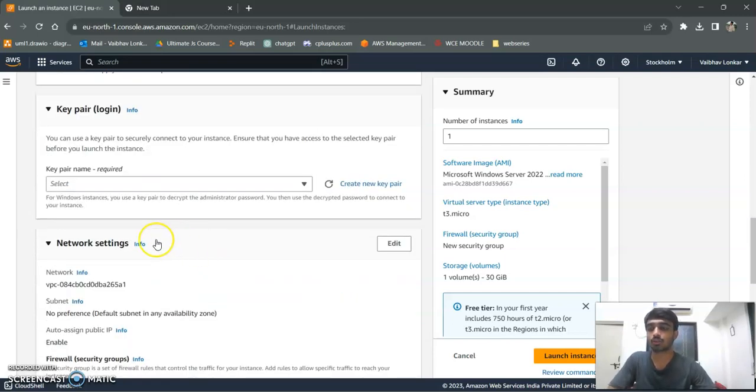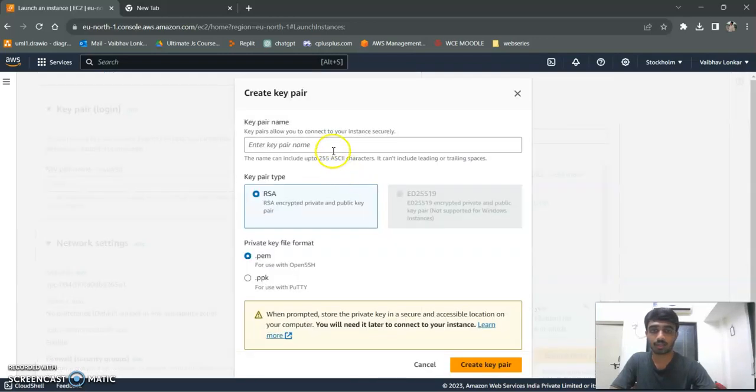Now they are asking for a key pair. We will take a look at the use of this in the later part of the video. That is for the remote access of our instance. Since we don't have a key value pair till now, we will be creating a new one. To do so, we should click over here, that is, create new key pair. Now it is asking what the name of the key value pair should be. So we will type